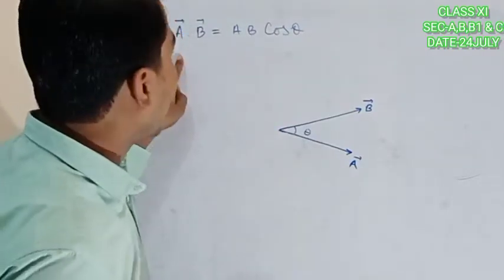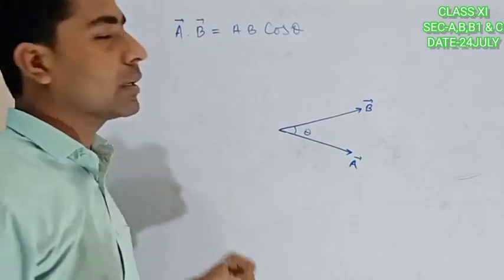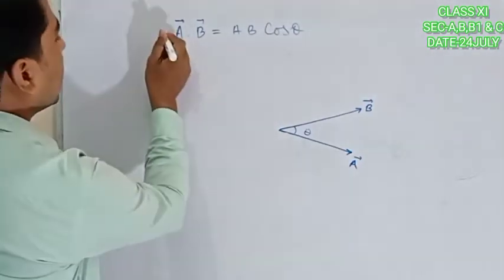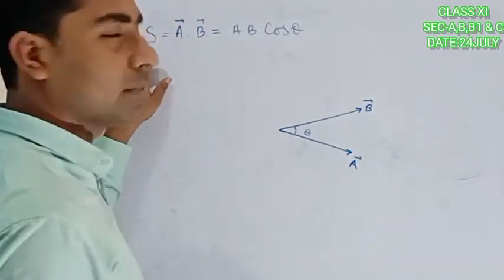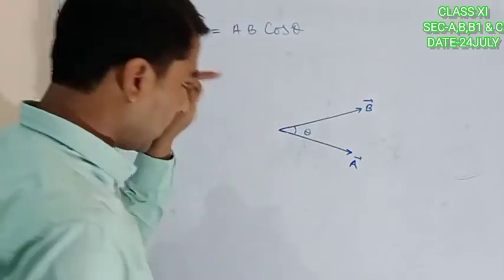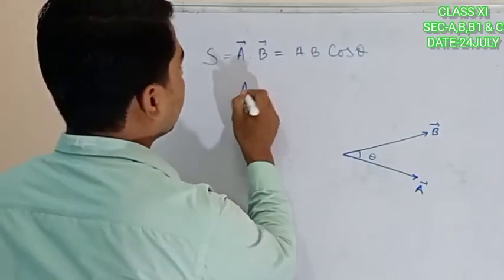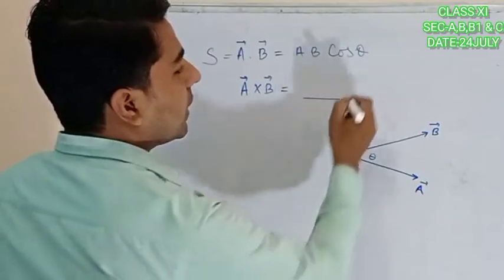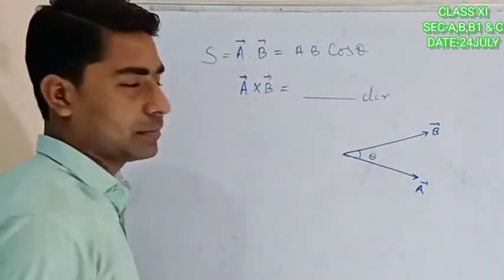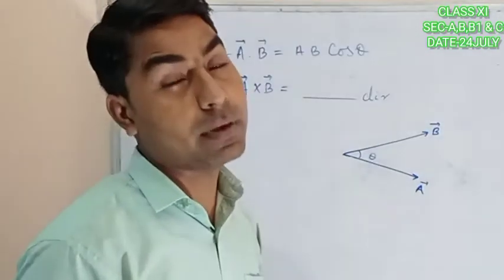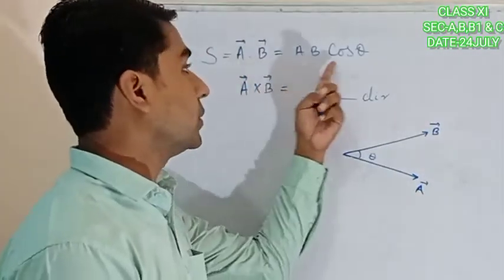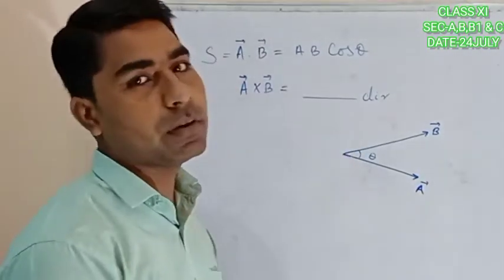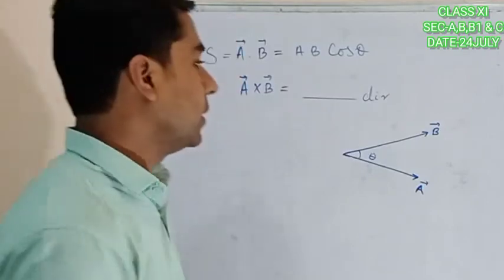Here it is a dot product, and you must remember that the dot product will not have any vector quantity in the result. Whatever the answer is, it will be scalar, so no need for any direction. But here we are going to discuss vector A cross vector B, and whatever the answer is, it will also come with direction. Remember this, that is important. In this product no direction is needed because it's a scalar quantity, but in this product we have to write one vector quantity as the result.